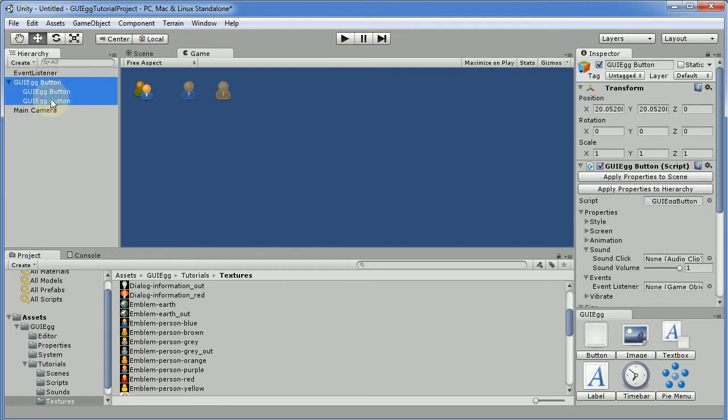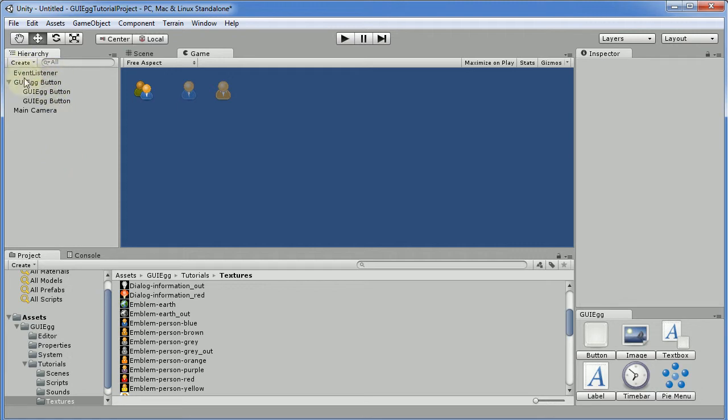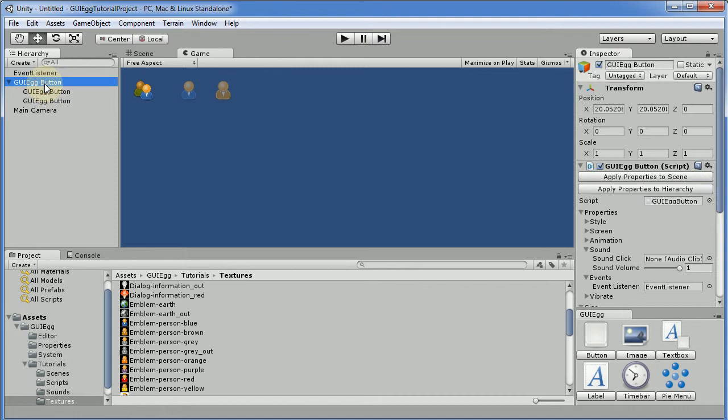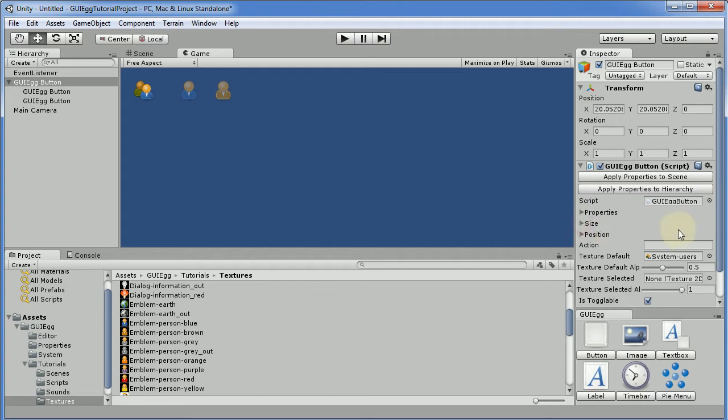And again, I'll select those buttons, and I'm going to drag this listener into there. So now all of these buttons will be able to tell this listener that an event's happened. However, we want each button to give a different event, so we know which button's been pressed. So if we click on the first button,